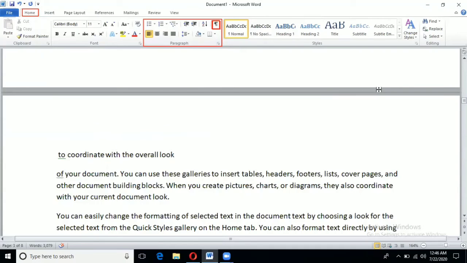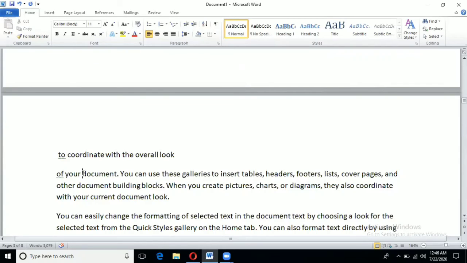Now come to the next point, that is line break. As the name indicates, I want to break the line. What happened in the page break?